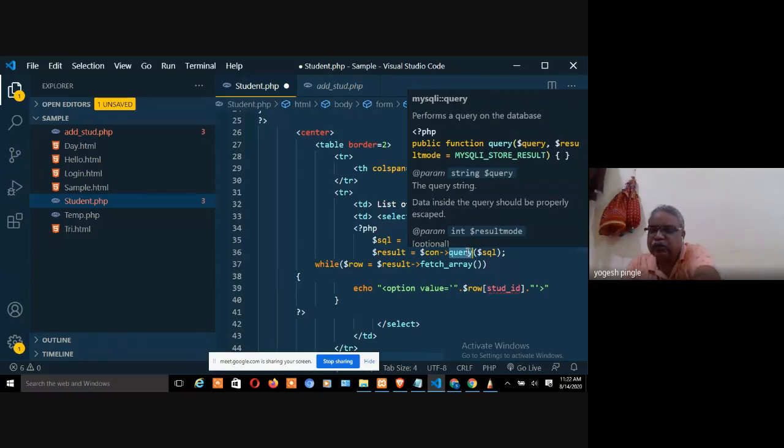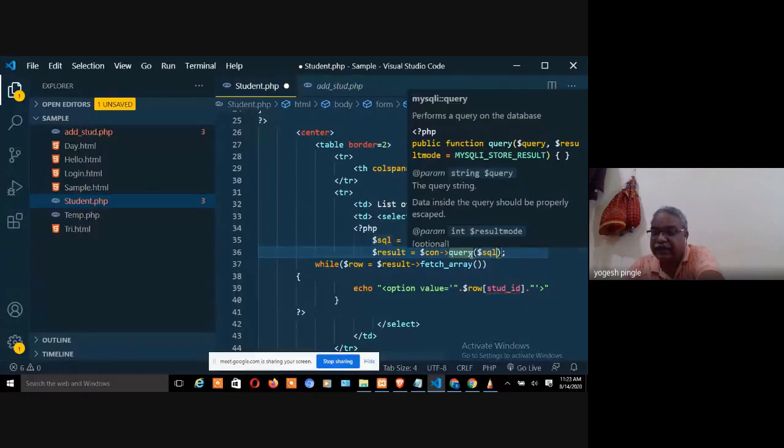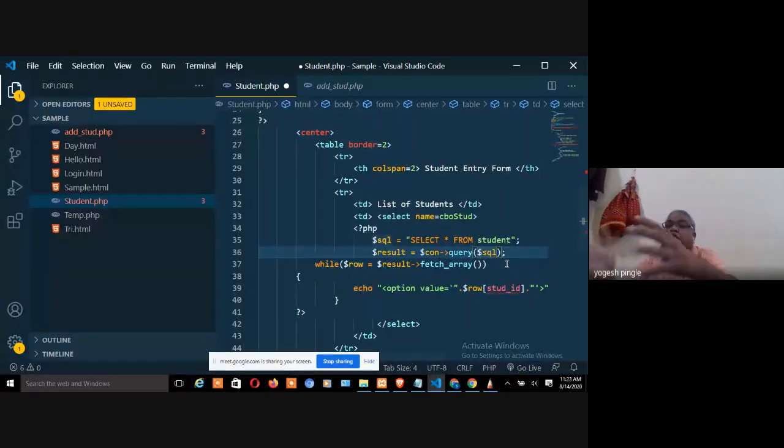If I take the cursor, its syntax comes up. Look, public function query and so for result set, right? This is an implicit function. This query that we have not written, right? This con is our variable, fine. And this SQL, you are passing this particular string to this query function, and this query function is going to load the record inside a cursor, right?